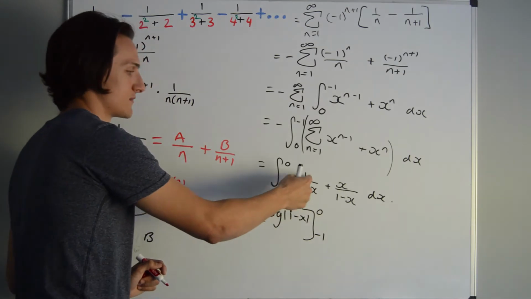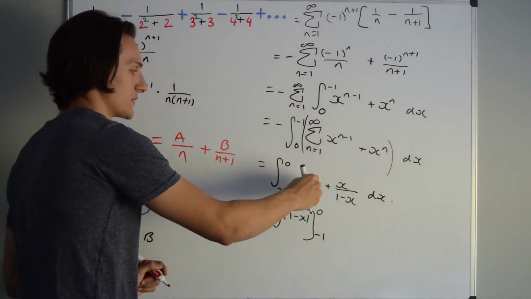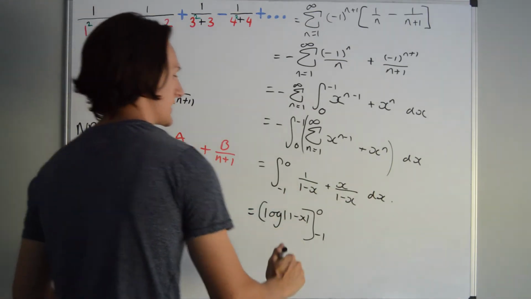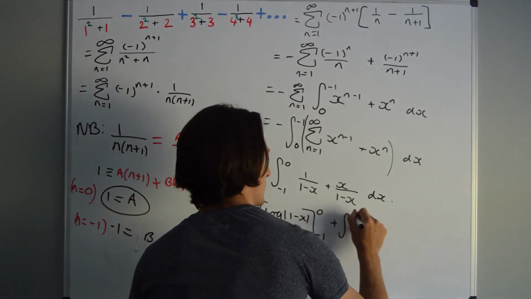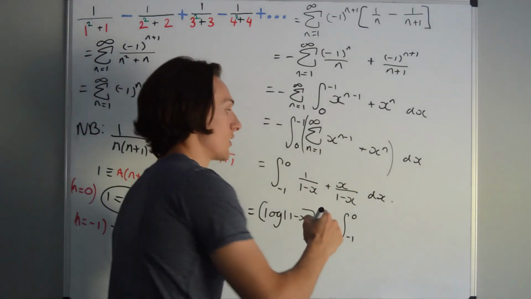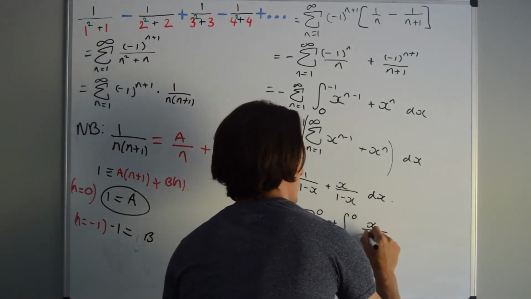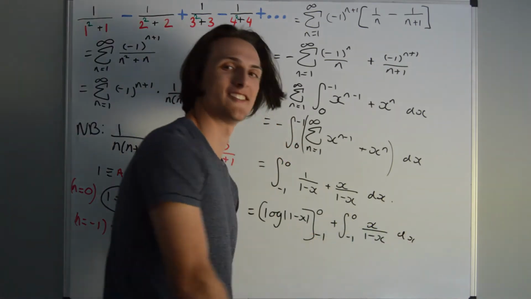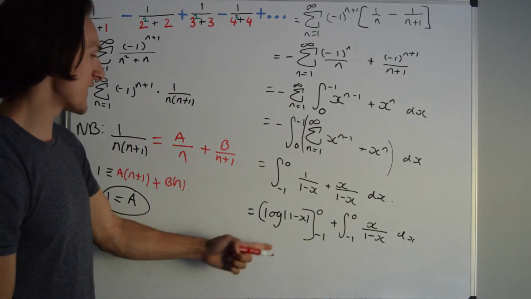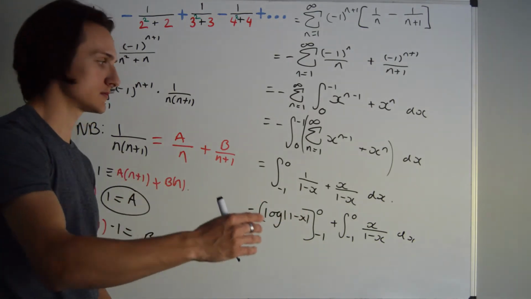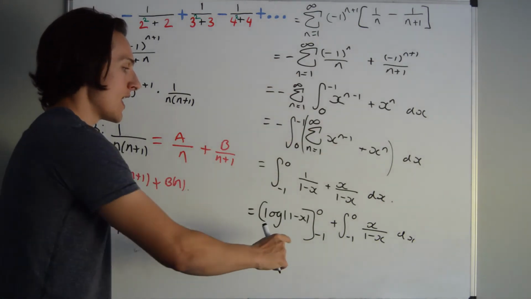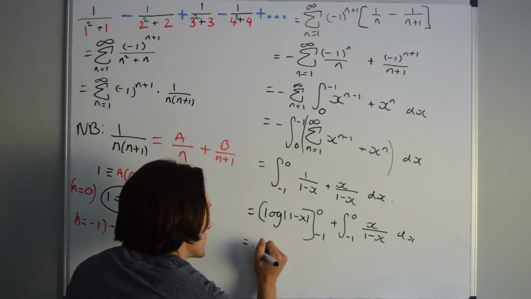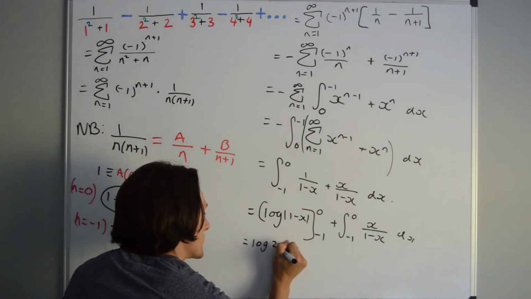And again, this expression comes from just the integral of this first part. Now let's tackle this. So we have plus the integral from minus 1 to 0 of x over 1 minus x dx. So this first thing, log 1, is nothing, and then we're going to have log 2. And it doesn't matter about the modulus sign because log 2 is obviously positive. So log 2